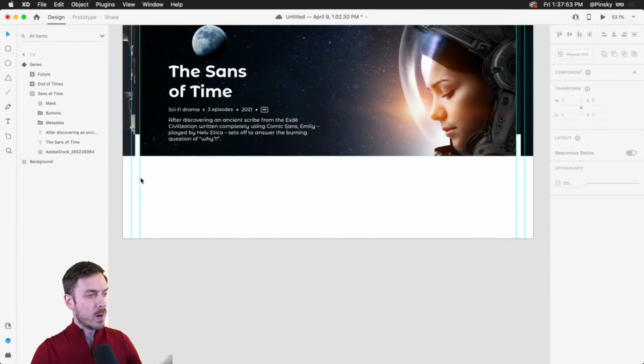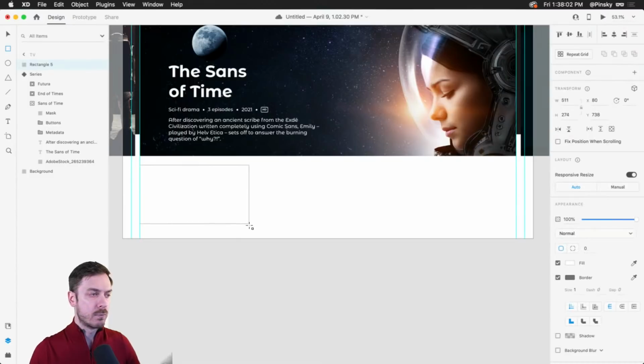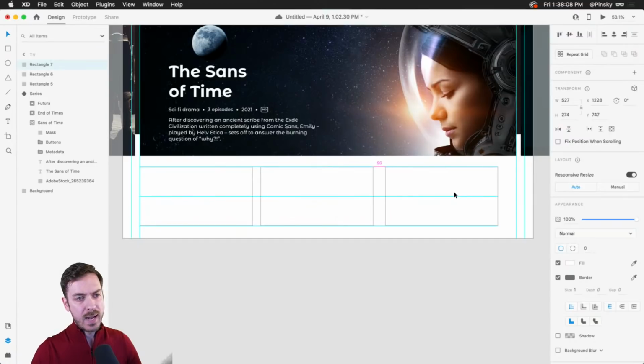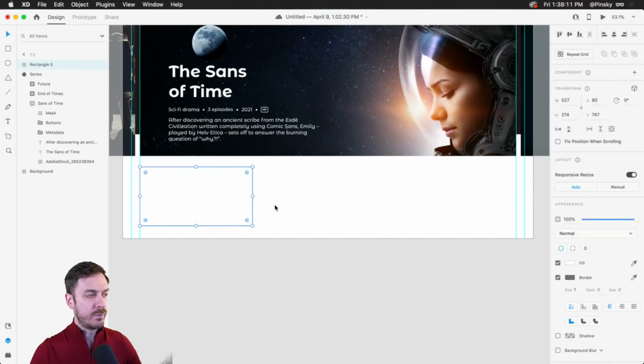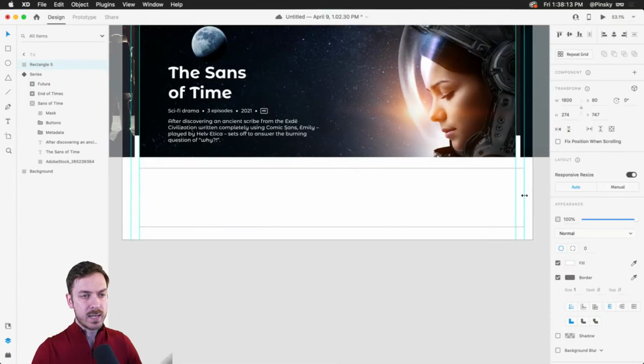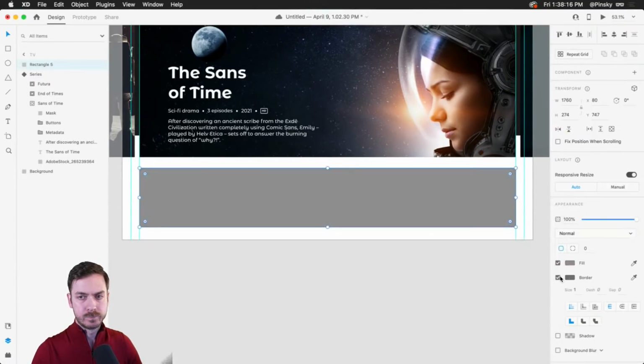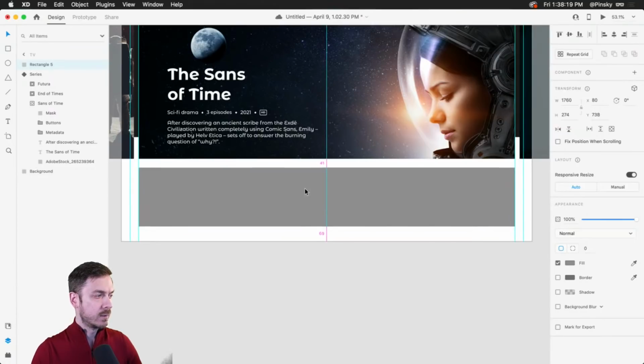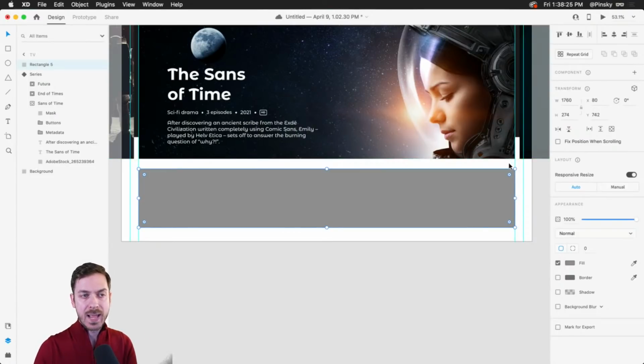All right, so what I'm going to do is I want maybe 3 categories down here at the bottom that users can browse. So I'm going to grab my rectangle. And I do want 3, right? So you might be thinking, okay, you can put 1 rectangle here, and then you can duplicate and duplicate, and that kind of works. But if you want to really make sure that it's going to fit, what I like to do is grab this rectangle, and let me just change the color so you can see it. Right? So drag a rectangle across the entire width. In this case, it's from this guide over here to that guide over there. And then within the properties inspector, you can actually do some math, right? Because I can't do math in my head, so I'm going to just simply divide by 3.